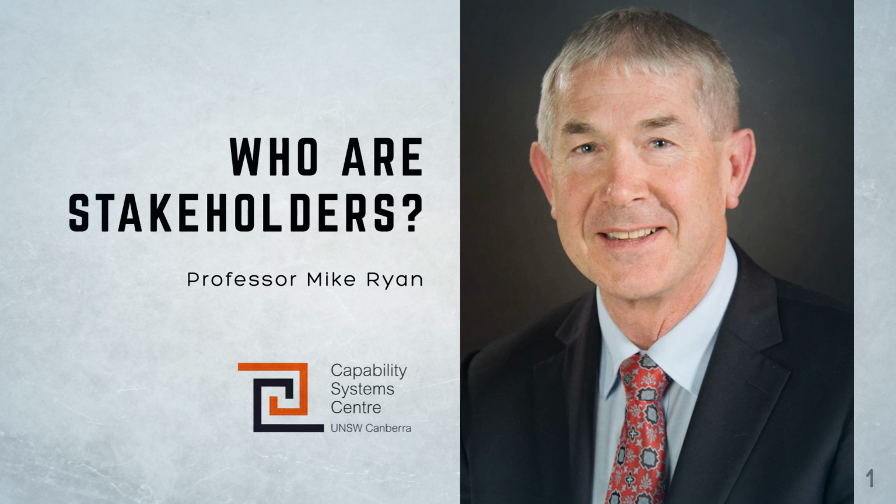Now, in most systems, this definition is just not useful, because it's often very difficult to find someone who is not affected by the system. Whilst we must take into account all those who are affected by, or who can affect the system, those people are not necessarily or automatically stakeholders. For example, we hope that our competitor's business is going to be seriously affected by the introduction of our new product, but that doesn't make the competitor a stakeholder.